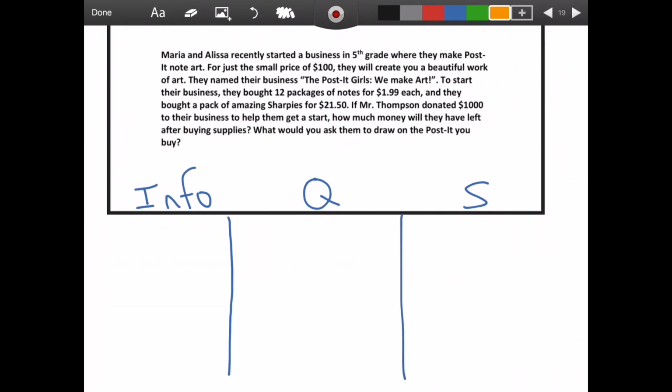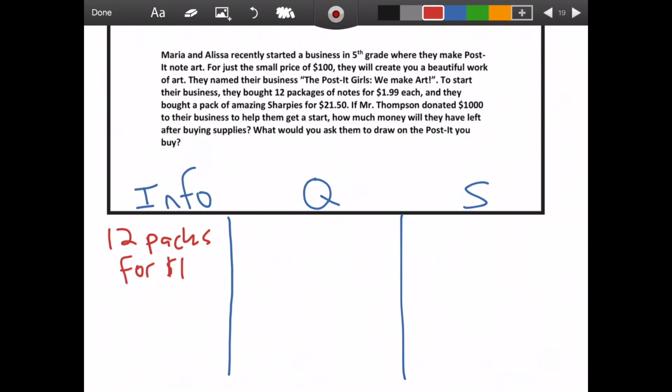All right, that takes us to our last question, which is our word problem. Here's what it says. Maria and Alyssa recently started a business in 5th grade where they make Post-it note art. For the small price of $100, they will create you a beautiful work of art. They named their business the Post-it Girls We Make Art. To start their business, they bought 12 packages of notes for $1.99 each. So 12 packs